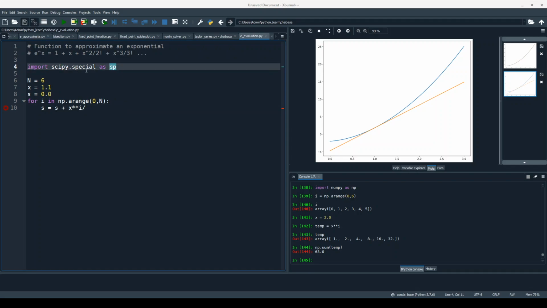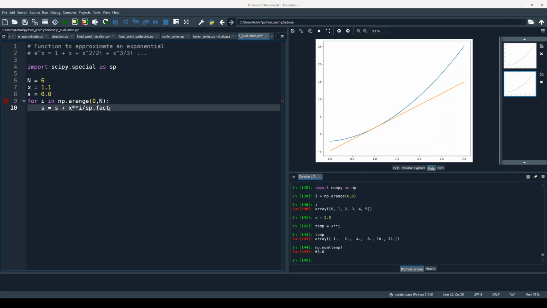So scipy.special as sp. So sp is the alias for the import of the module scipy, in which a set of commands is there inside special. Okay, so let us write here sp.factorial of i. Actually, no need to write exact equals false. So yes, after this, let us print